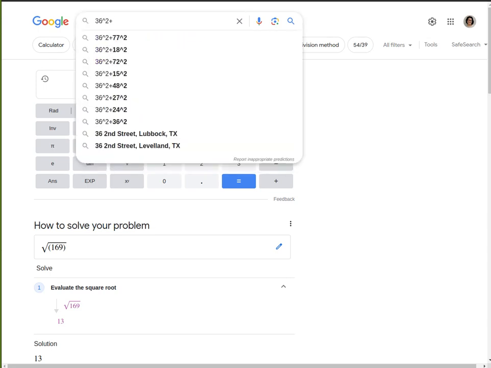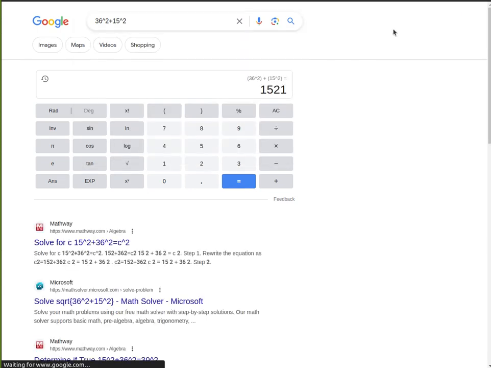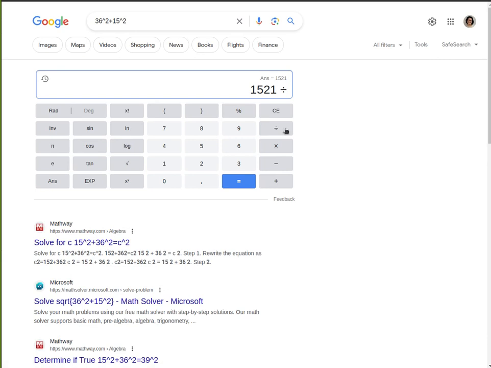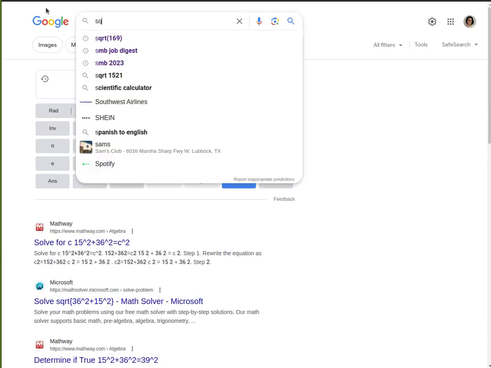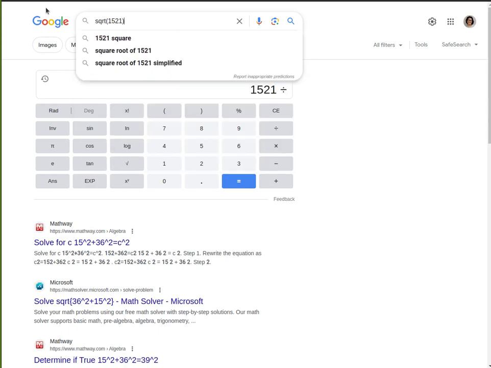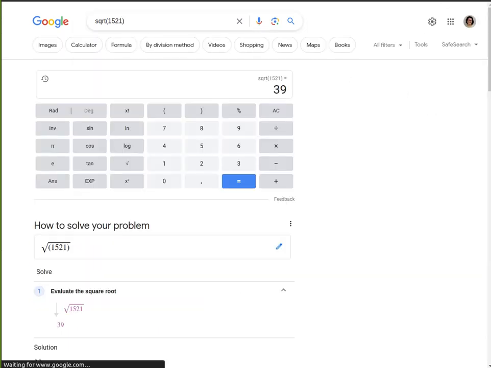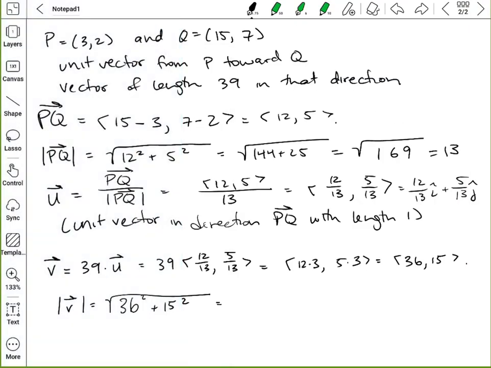36 squared plus 15 squared, that's going to be 1521. Oh no, I wanted the square root symbol, that's fine. So the square root of 1521 is 39, just like I wanted. So I'm going to go ahead and write that in my work here. That's the square root of 1521, which is 39. So V is a vector